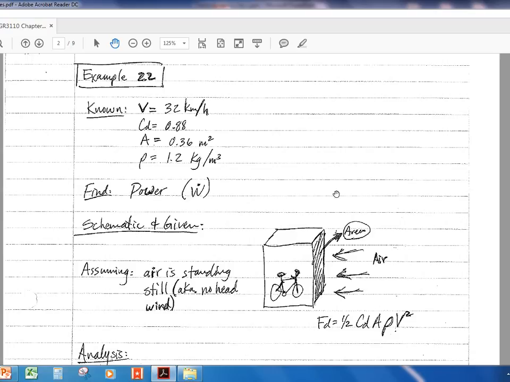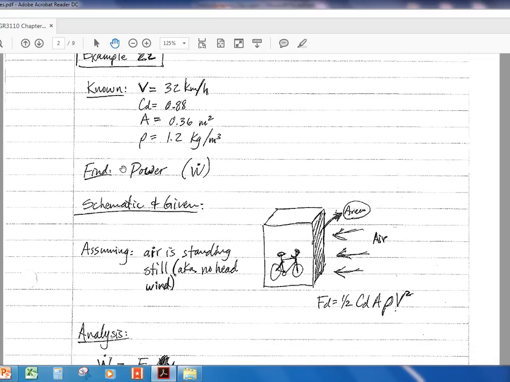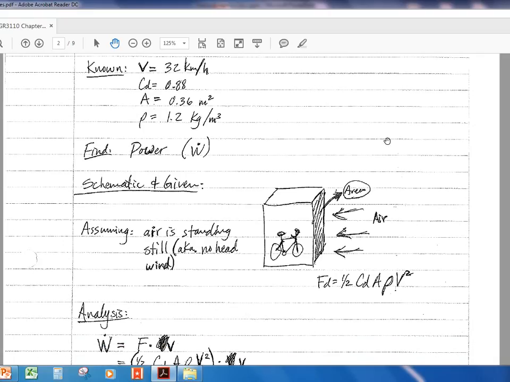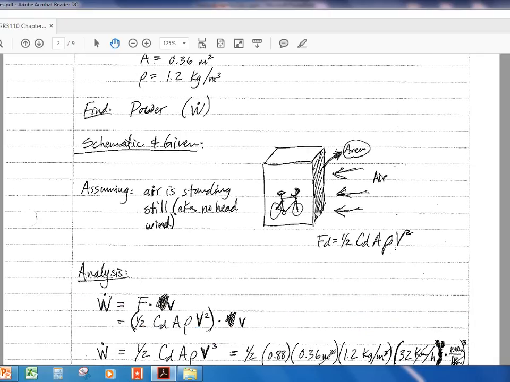We have the knowns are 32 kilometers per hour for the velocity. Coefficient of drag is given to us, 0.88. The frontal area was 0.36, and the density was 1.2 kilograms per meter cubed. Our find, we're looking to find the power, or W dot, and we have a schematic, sort of a poor